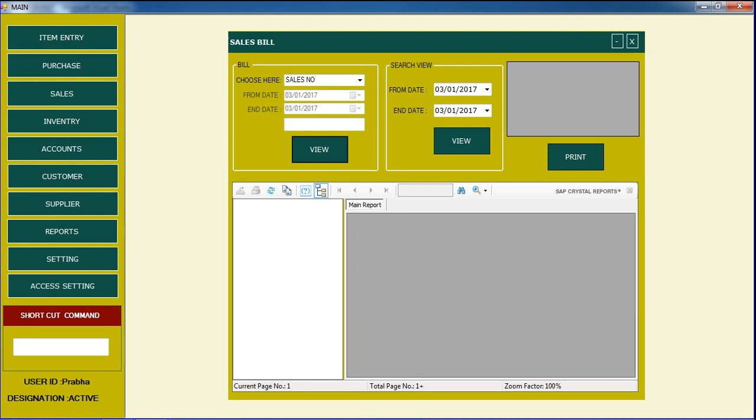If you want to learn this system clearly, this item entry concept I told you earlier in this video. So listen clearly to this item entry concept, and you can manage purchase and sales also. So how to get that report? For the report form, it is very important to filter. How to do that, I want to tell here.